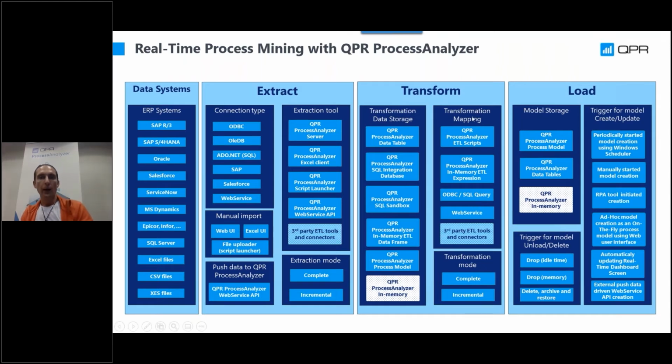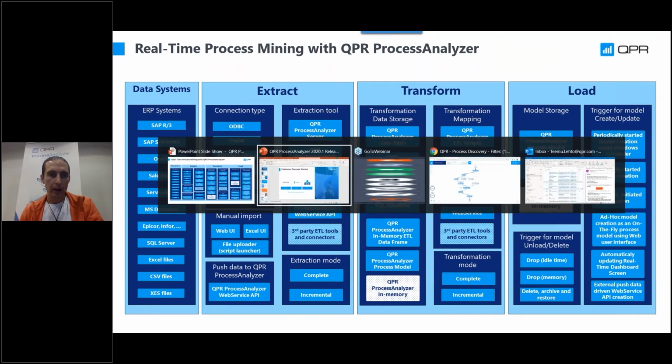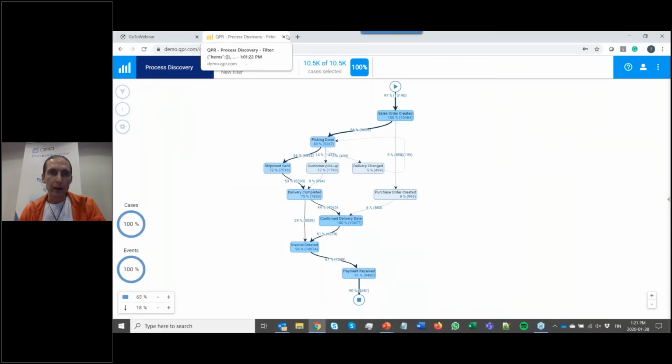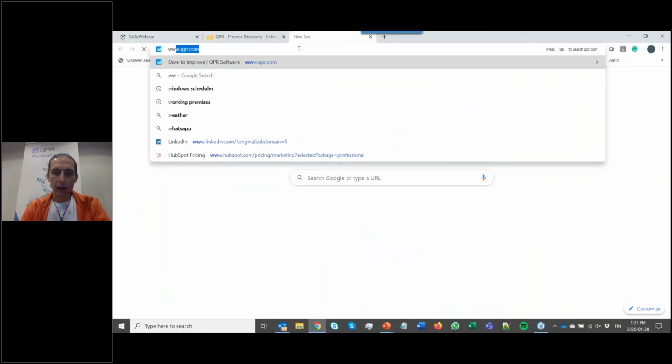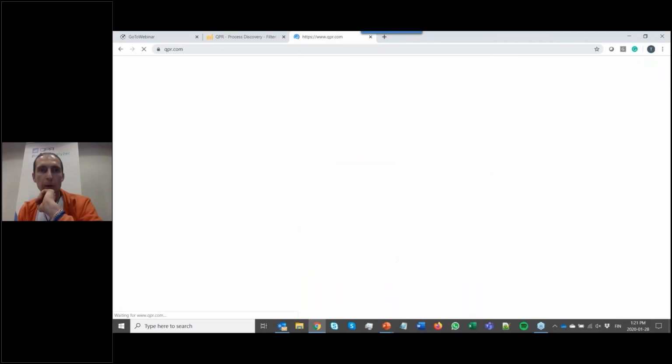Okay, and then what is the way how to do the mapping? We have been using the ETL scripts a lot, and now for the in-memory ETL, we have a wide range of new sophisticated in-memory functionality in our tool. That's the ETL expressions, and in my blog article there are links to these examples. Maybe I just super quickly jump into that and show that